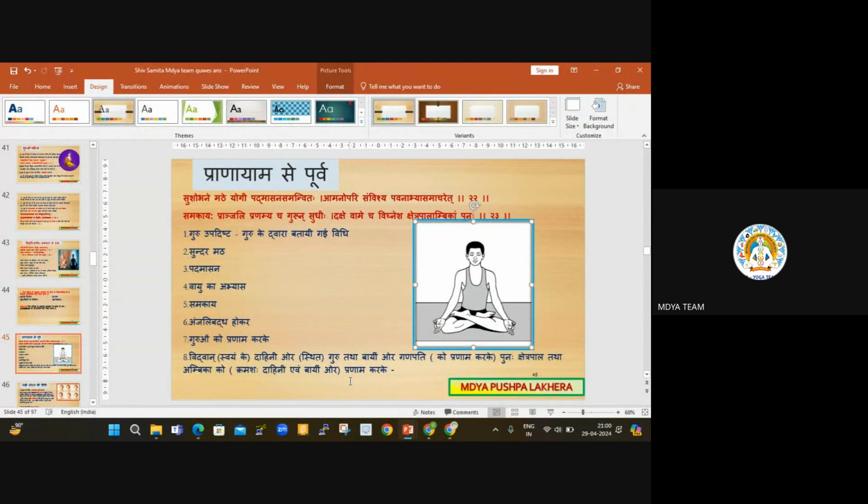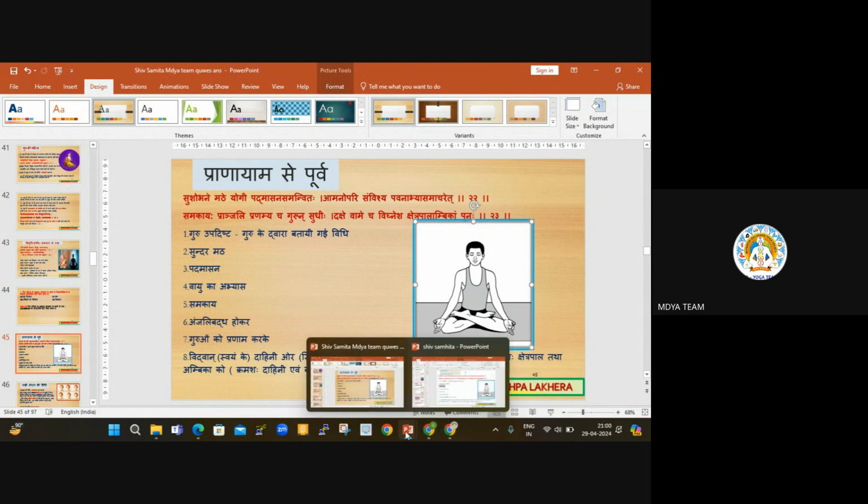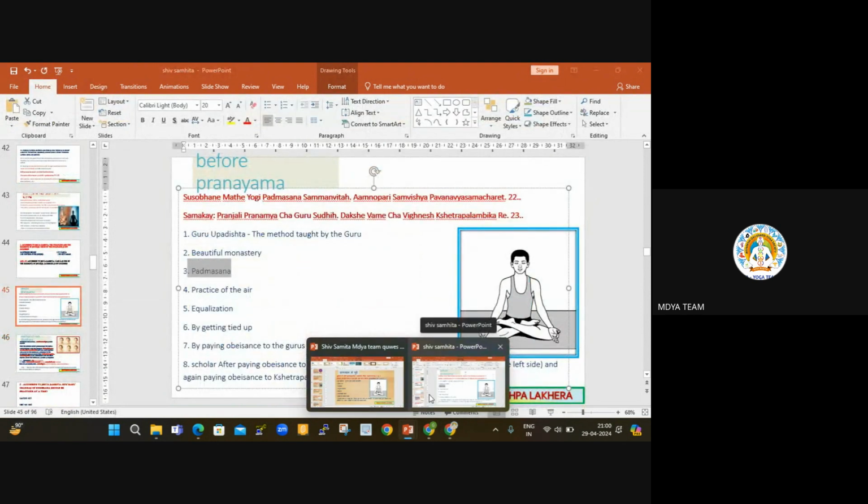Samakaya means whose body has become steady and not changed in any way. It means you have to make your body that stable for this practice. It is stated according to that Samakaya. Whatever uneasiness is there, try to avoid all of it before going to do the practice of pranayama. That is stated here.